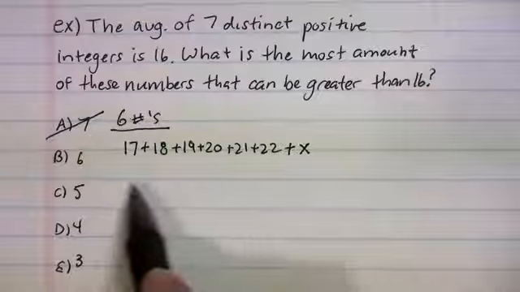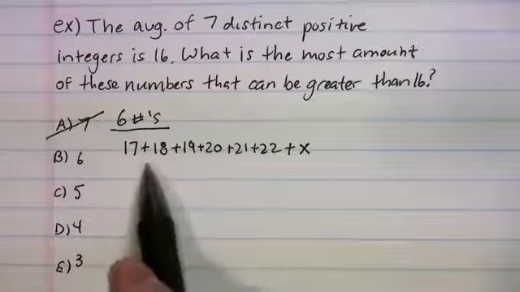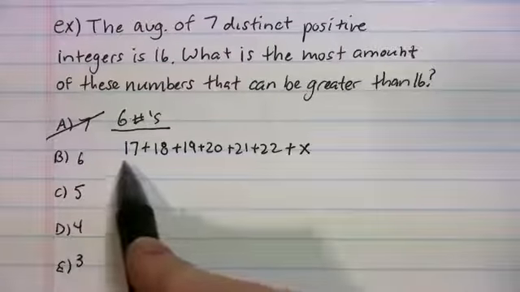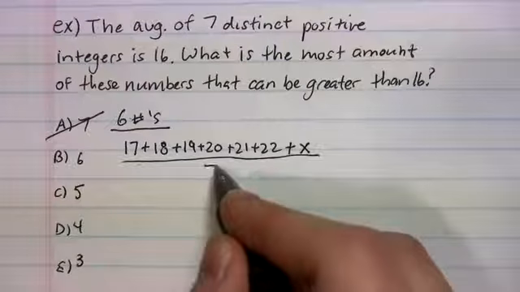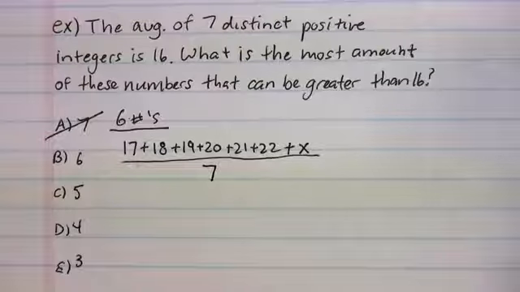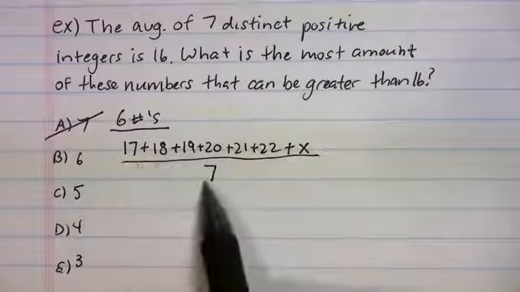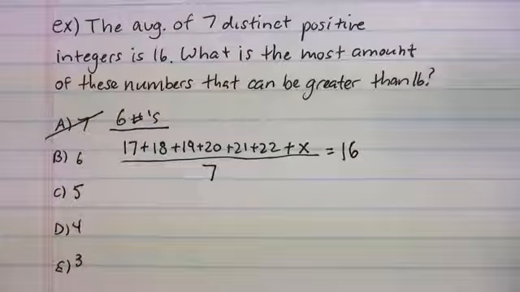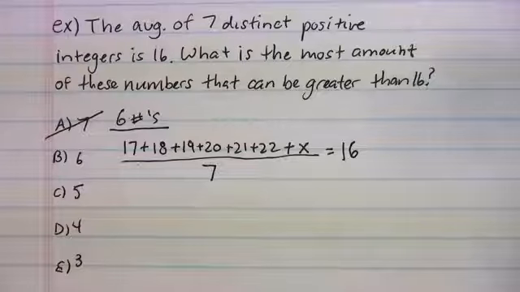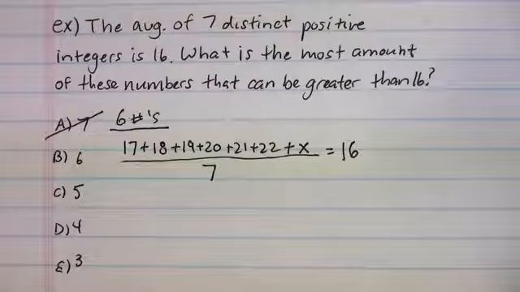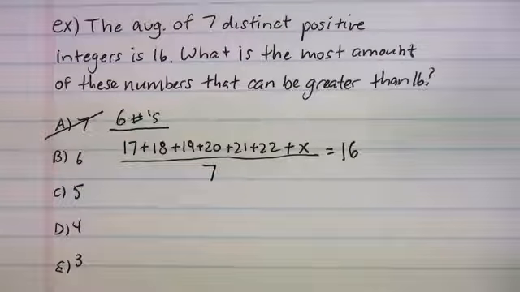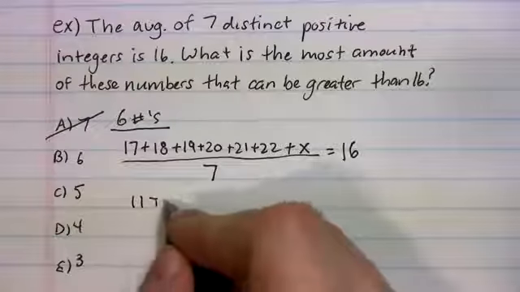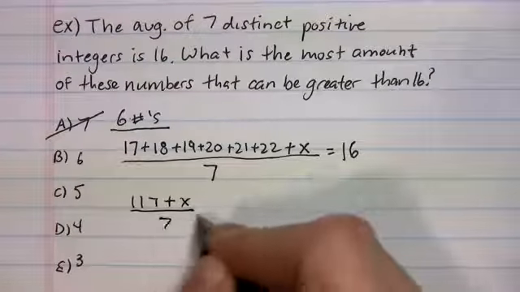All I'm doing here is plugging into the average formula. So the sum of all these numbers divided by 7, and again this is just the average formula, sum of everything divided by how many we have, and what did it say the average was? 16. So now let's simplify. I got my calculator here. 17 plus 18 plus 19 plus 20 plus 21 plus 22 equals 117, plus x, divided by 7